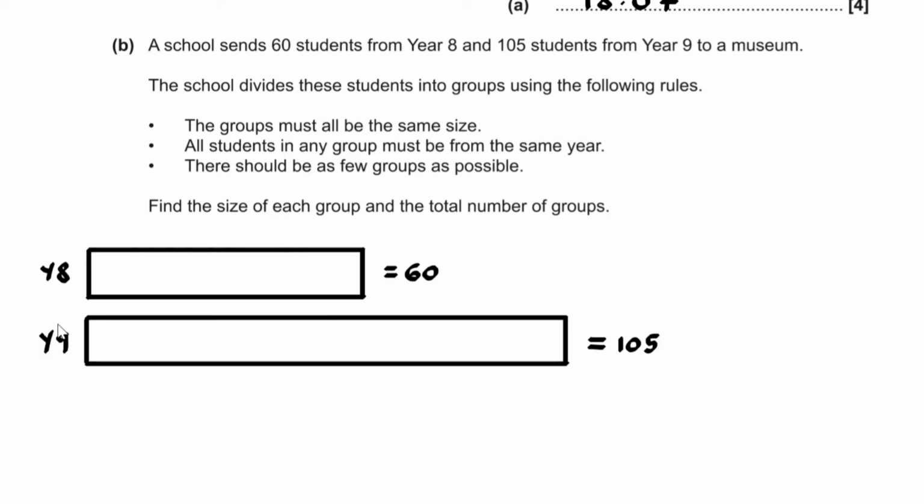Well, we've got 60 students in Year 8 and 105 students in Year 9. What we need to do is split these such that we've got the groups having the same size. And so if we want the groups to have the same size, what we need to do is find the highest common factor. So for us to find the highest common factor of 60 and 105, well,